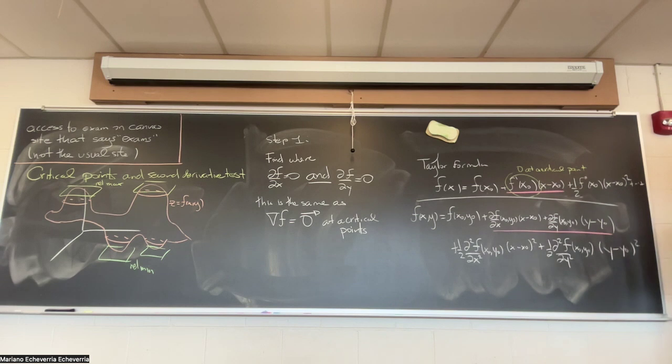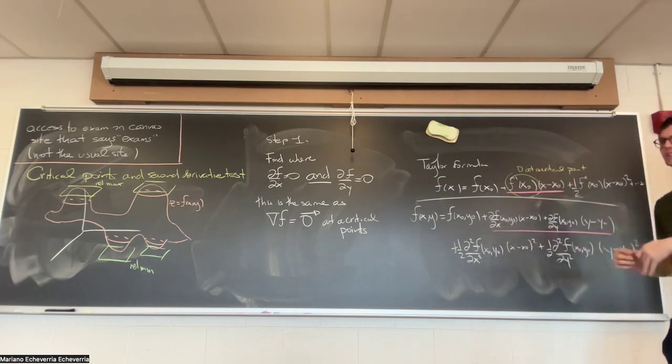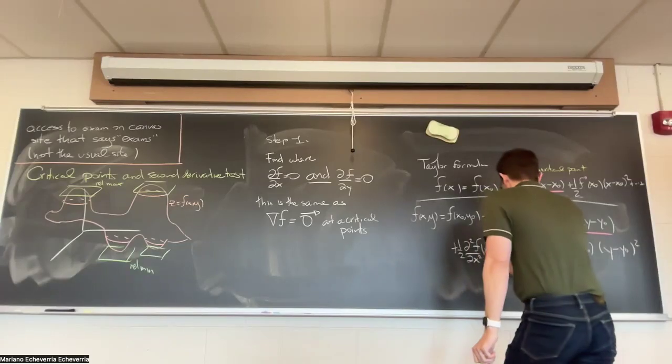But what makes this a little bit more interesting is that now comes the mixed one, right? Because there's also the mixed term in partial derivatives. If you remember, the mixed partial derivatives are the same, doing x and then y is the same as doing y and then x. So that kind of gets counted twice. That's why you won't have a 1/2, because it appears two times in the expansion. So you just get